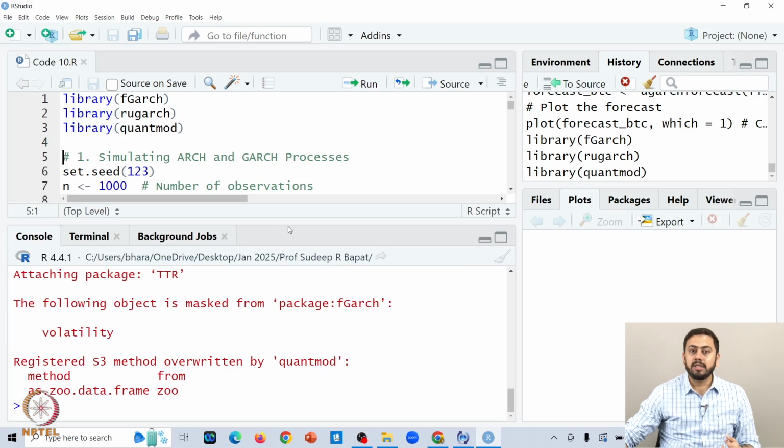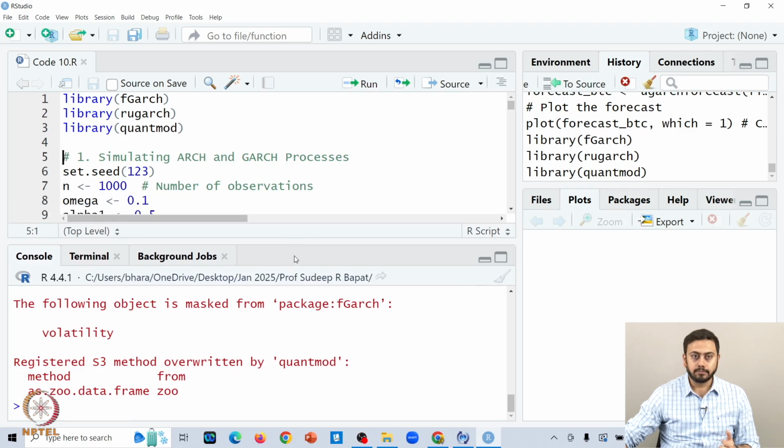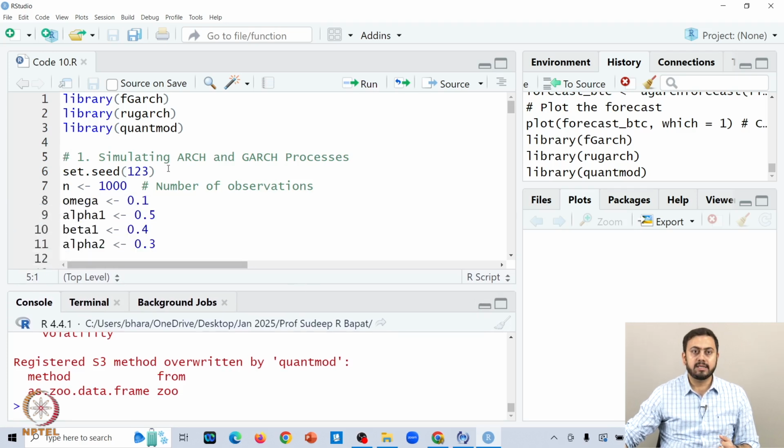Once in a while, due to connectivity issues or some mismanagement in the package itself, R might throw some errors, and then you have to Google what that error means and do a little back and forth. But if you do not see any errors here, you can assume that all three packages are successfully loaded. As discussed a short while back, the first initial task for us today will be simulating a bunch of Arch processes and Garch processes.